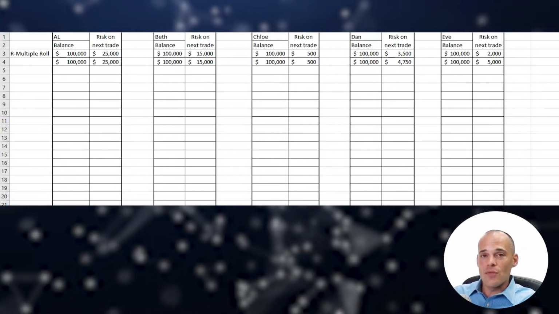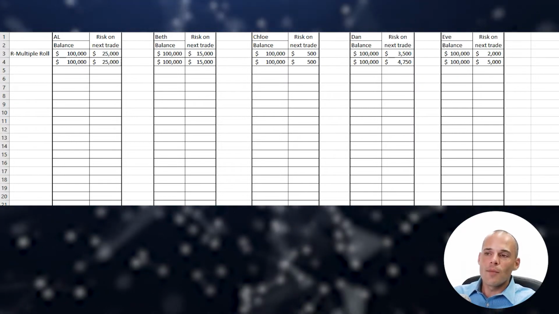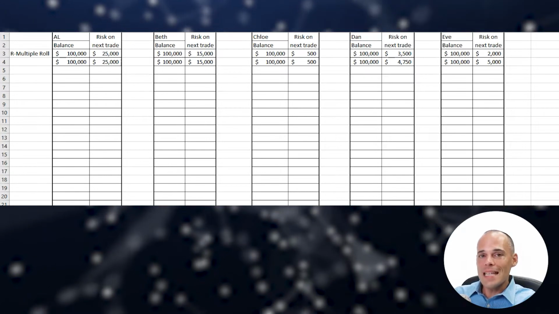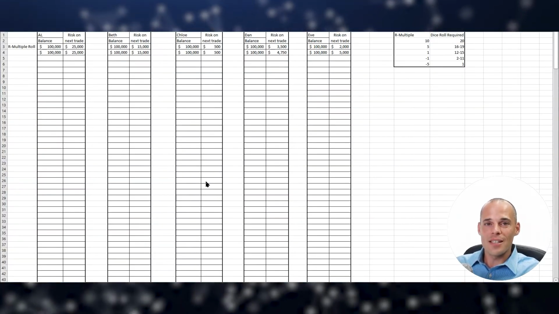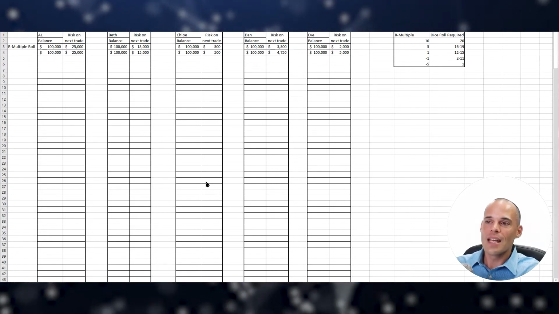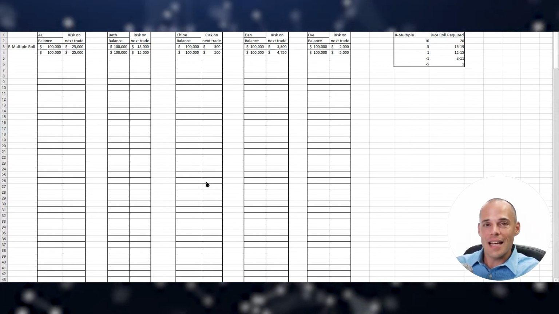Some of these strategies are very smart and some are not very smart, but all of them are very different. I'm going to show you this in a very similar way a mentor taught me many years ago. This is really the best way to demonstrate how position sizing works for investors and traders: by taking a group of investors or traders and comparing their results after they get the exact same trades.